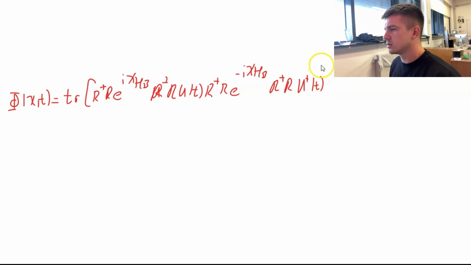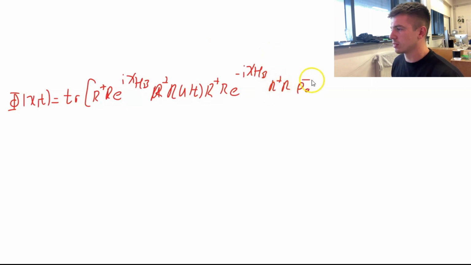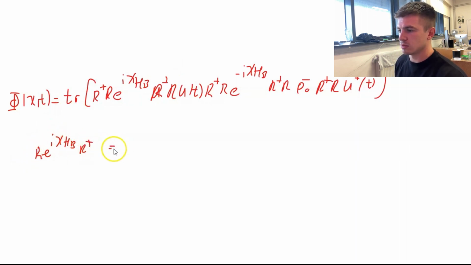Is that everything I'm missing? Okay, so I'm missing a step. So let's have another one, and finally U dagger of T. Nice. So now I'm going to use the fact that R times e to the i chi H_B times R dagger is